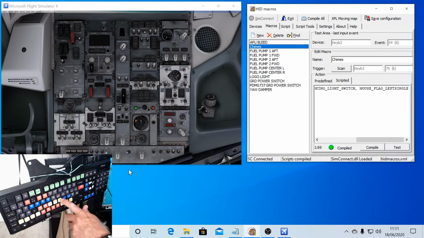So if I press the chimes now, if you just keep an eye on that switch, if I press the chimes on my keyboard now, the chimes is operated. And it's the same with all the other ones I've got here already. APU bleed, fuel pump aft, forward, and you just work your way through